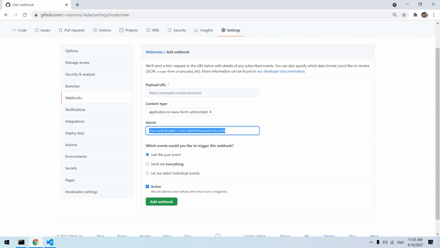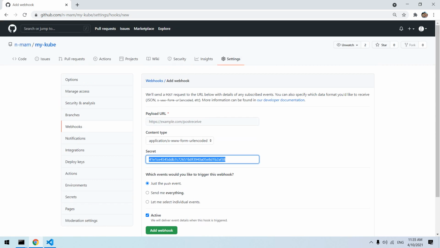So this was the GitHub repo's webhook configuration. So you have to generate the secret using OpenSSL, save it somewhere locally, and then update your GitHub repo's webhook section with this while adding a webhook. And another important piece is the payload URL, which you can construct from your UltraHook registration email, the API key email, which you will get.